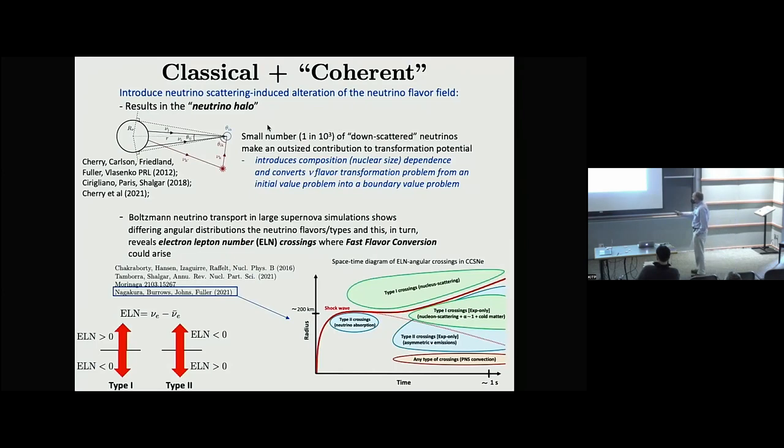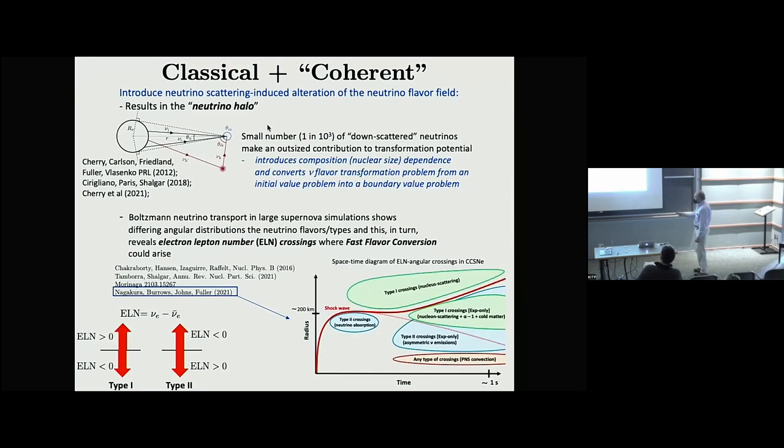So one interesting idea we realized early on, this is a paper by J.J. Cherry and Alex Friedland and company, is that in these bulb models, the neutrinos are far away. They're coming from a narrow cone of angles. And I just told you that the neutrino-neutrino coupling is low in that case. So the odd neutrino, maybe 1 in 1,000, goes out here somewhere, scatters on a nucleus, and comes back in at some odd angle. So that will make an outsized contribution to the potential. That we call the halo.